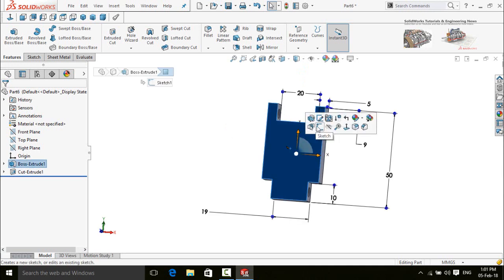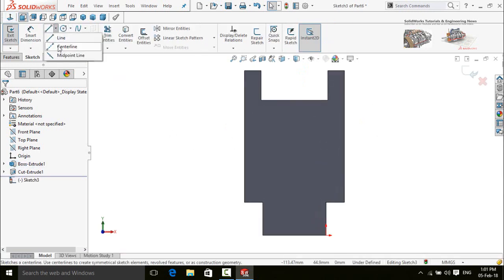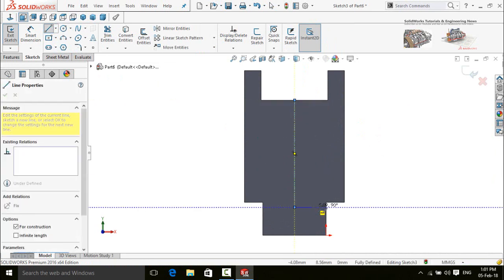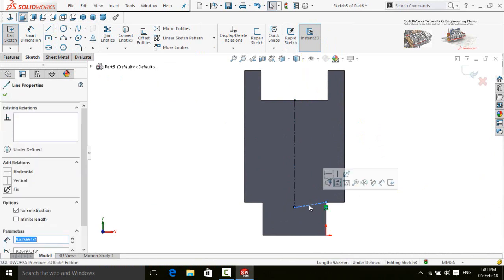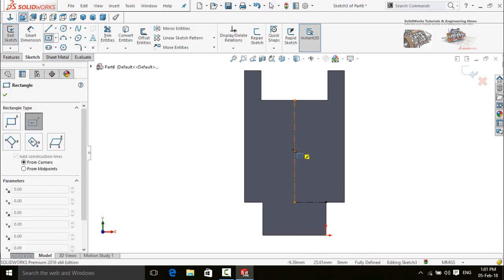Now click on this face and then select sketch, make normal to, and then draw a center line. Start it from this midpoint and then this corner. Now click on this center line and make it horizontal. Click on this arrow in front of the rectangle command and then select center rectangle. Start it from this midpoint.